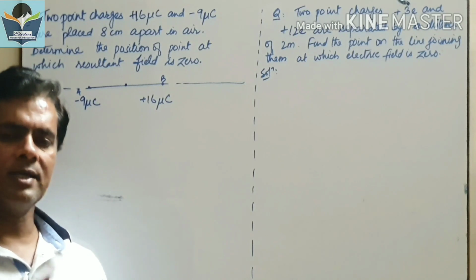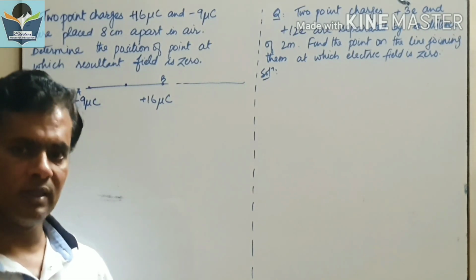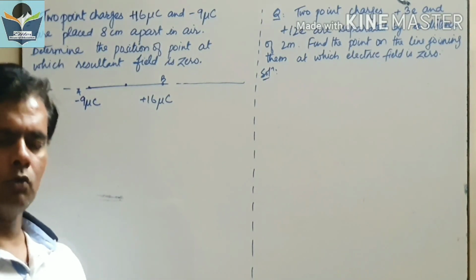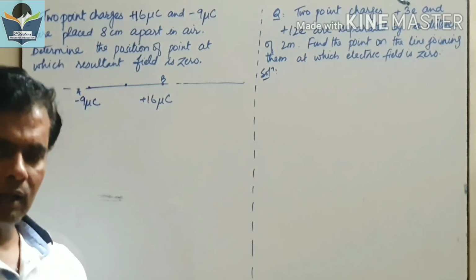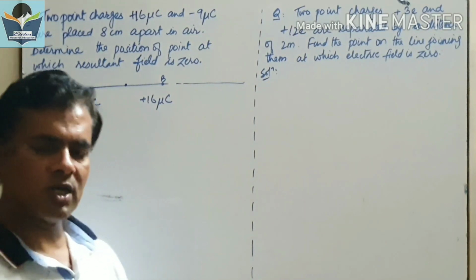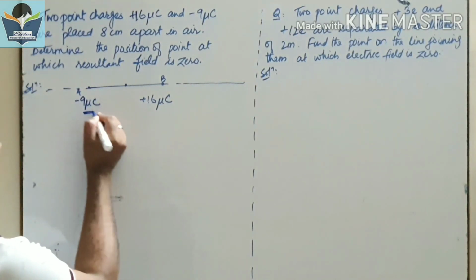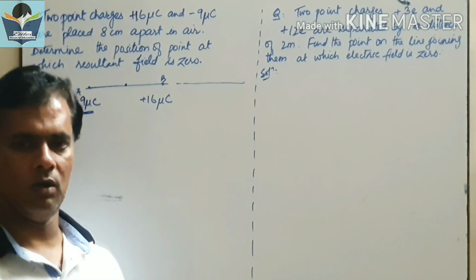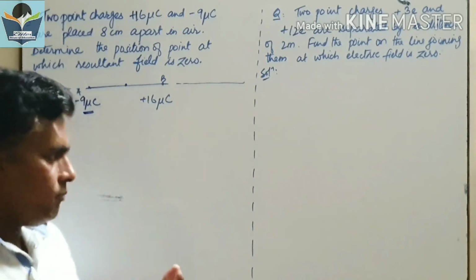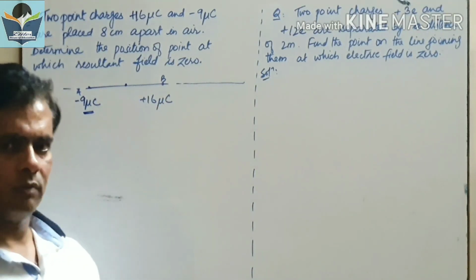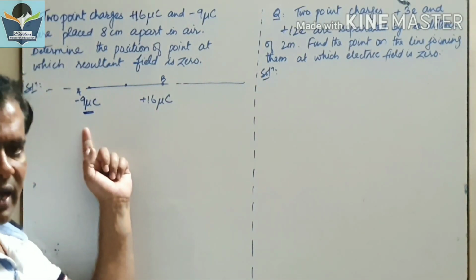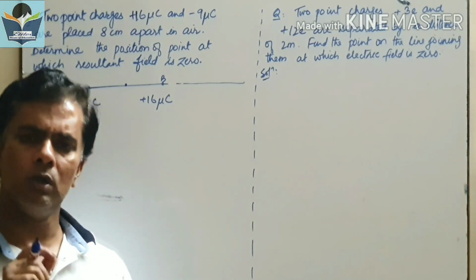Now, I had discussed in the electric field lines the concept that the balance point or the neutral point is always closer to the smaller charge. The neutral point is always closer to the smaller charge. Which one is the smaller charge here? See, this is the smaller charge, 9 microcoulomb, and this is 16 microcoulomb. Irrespective of their sign, maybe it is positive and it is negative, no matter. You have to identify the magnitude. This is 16, this is 9, so the resultant point will be close to 9.